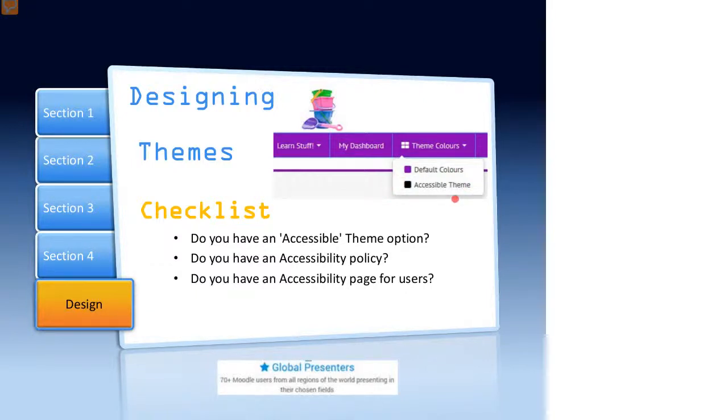Yes, your content still has to be accessible, but you can then at least have this in really crisp, clear, fully compliant mode.